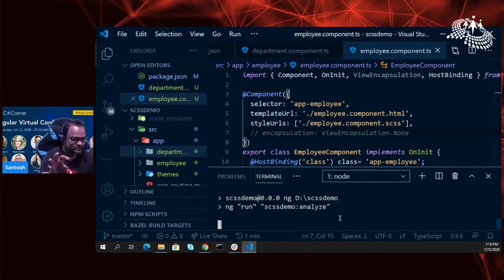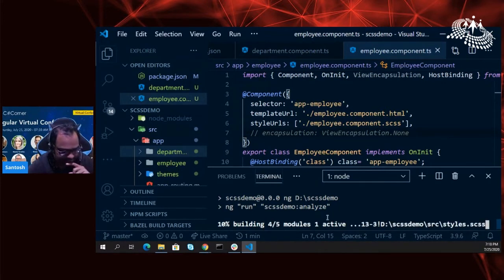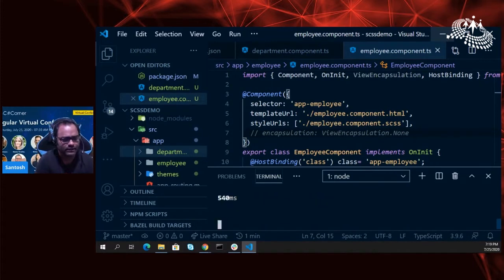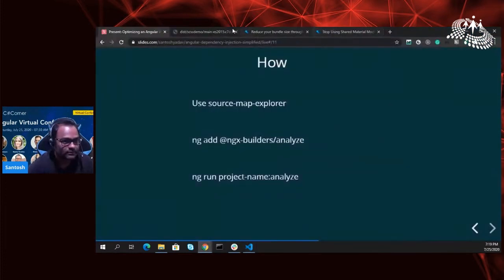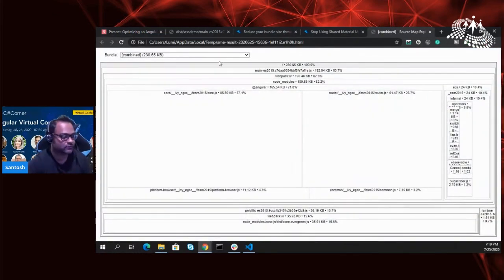a nice representation of how many different modules you have, which module is responsible for how much bundle size and everything. And this is where I got one more interesting thing. Let me just run this. Okay, so what this package does is it will build your application with source map enabled, and it will also not consider the budgets, in case you have specified any budgets, which we are going to talk about next. And this is what it gives you.